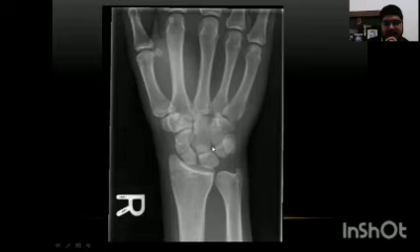You can see the joint space perfectly, and you can see the styloid process. This is the radial styloid process. This is the ulnar styloid process. And if this radial styloid process and ulnar styloid process is clearly visible, then it is a perfect positioning of wrist PA. And we can say the exposure factors are also perfect, because you can differentiate soft tissues and bones from each other, and you can see the joint spaces also.